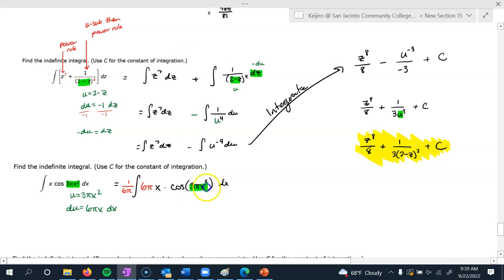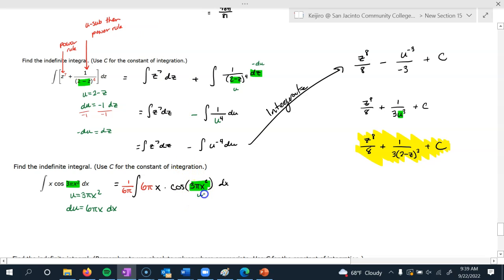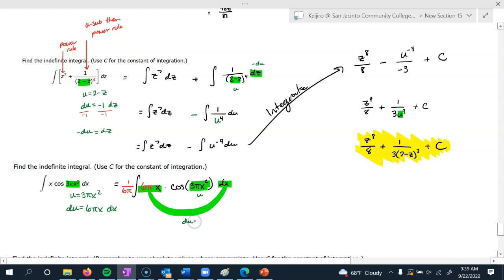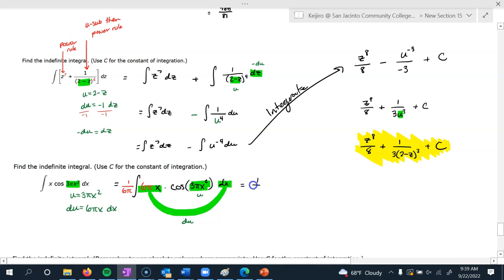Okay, so this looks like a lot, but really, this is u. And what I now have here, this 6 pi x and this dx, together, make sure to definitely include the dx when you say this, these together are du. So what I really have to integrate is 1 over 6 pi times the integral of, well, that's going to be the cosine of u du. That's all the actual integration is, the integral of a cosine,